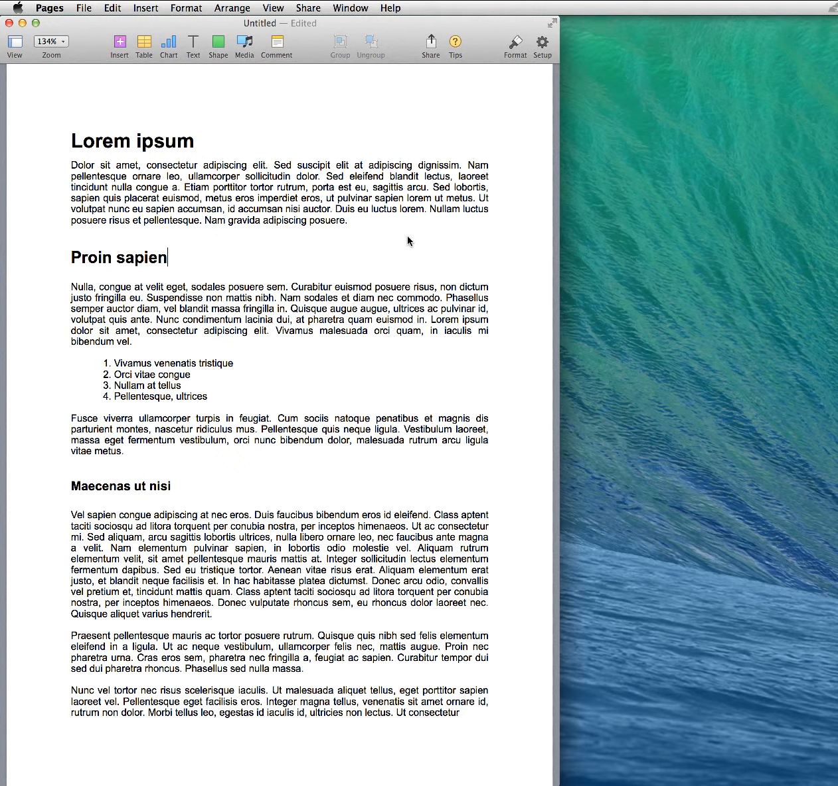Hello everyone. I just want to go over how to properly format a document. I'm going to be doing this in Apple Pages, but it's similar in Microsoft Word or any other kind of word processing program. So first thing I'm going to do here is go up to the View menu, and I want to show the